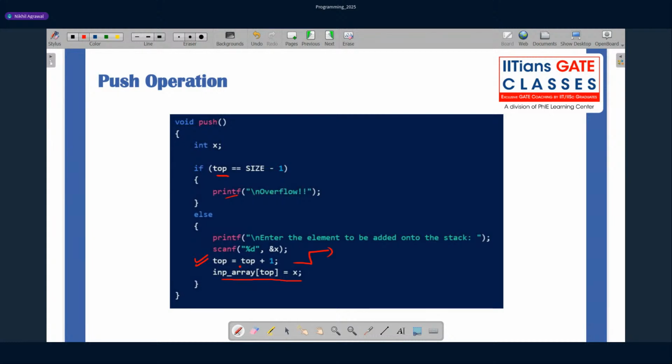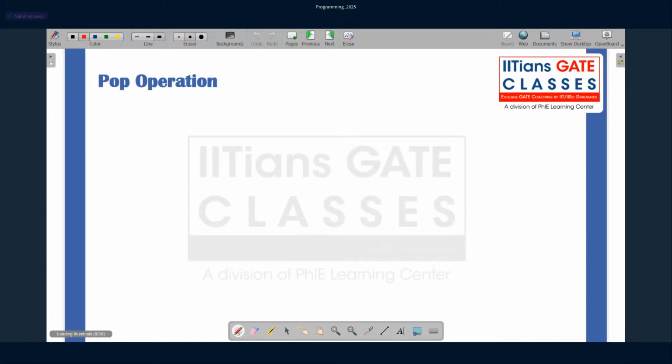Now again, what is the opposite of overflow, students? Yes, we all know it. Very good, Jigya. It's underflow. And when does it happen, students? Yes, the heading is pop operation, but when does the underflow condition happen? Yes, when the stack is empty, and this is not a complete answer.